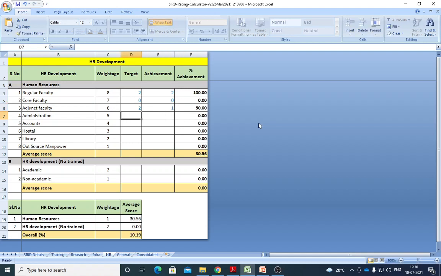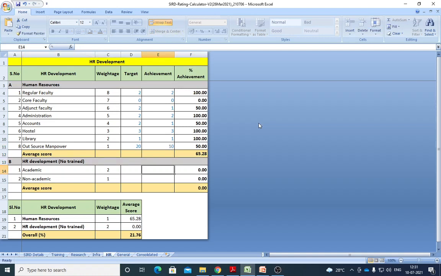I have administrators, maybe 7 approved positions, but general admissions is maybe 1 or 2, so I could grab them, recruit 2. Accounts, I have 2 persons, but I could get 1 and recruit only 1. Hostel persons, I have approved 3 persons, I got 3 people. And library persons 1, I got approved, I got 1 recruited. And outsourcing manpower, if you have any outsourced people, yes, I got 20 people approved, I could recruit only 10. So like that.